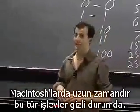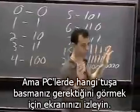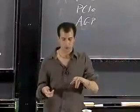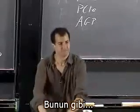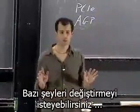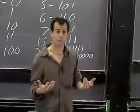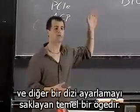Macintosh, Apple has long hid this kind of functionality from people, but in PCs, watch on your screen, or if you don't see any instructions as to what key to hit, honestly, what I often do even on my own machine, because I never remember what key it is, hit often F1, delete, and maybe F12. And just like this, and you'll probably see a screen like that. You don't necessarily want to change things, even though you can't really do a huge amount of damage with most computers, but you'll see things like the ability to change the clock. The BIOS is so basic as to store your computer's time, in effect,